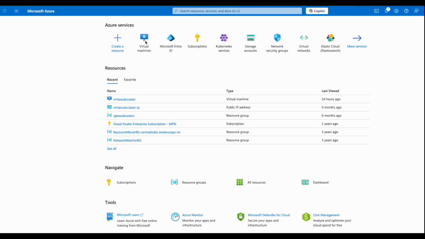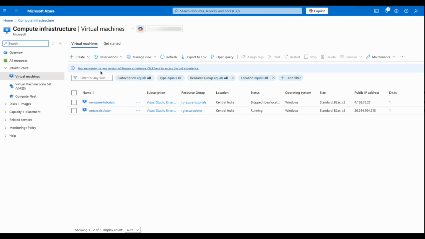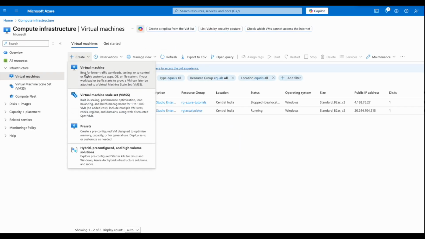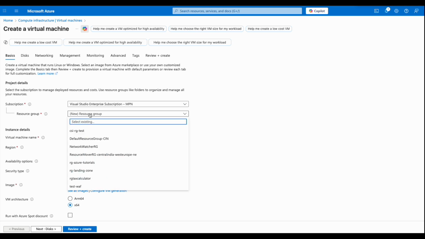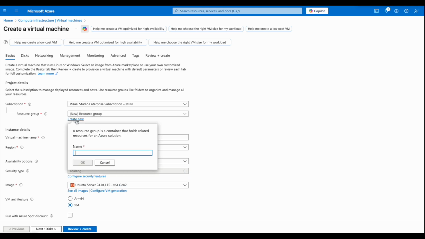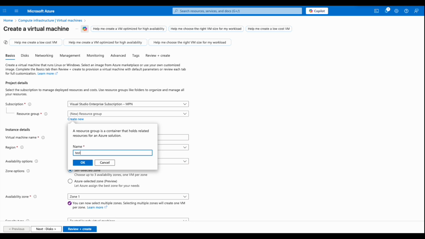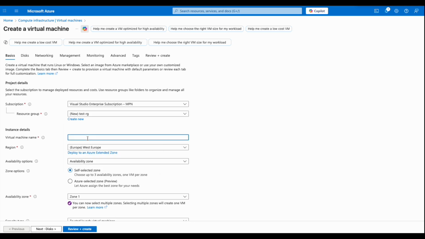Click on virtual machines and click on create virtual machine, and here you need to select a resource group. You can also create a new resource group directly from this page. So we are creating a test RG and a virtual machine name, test VM,